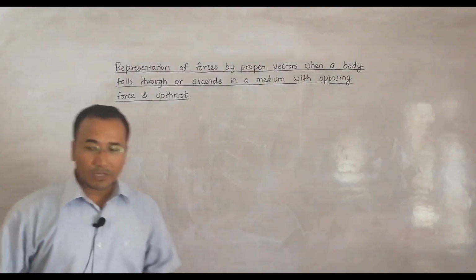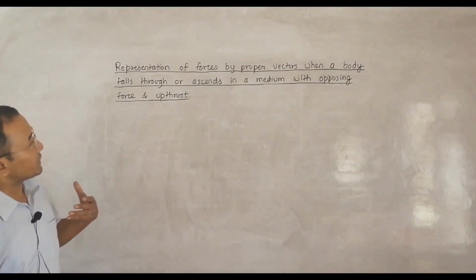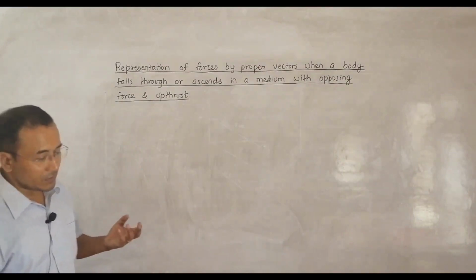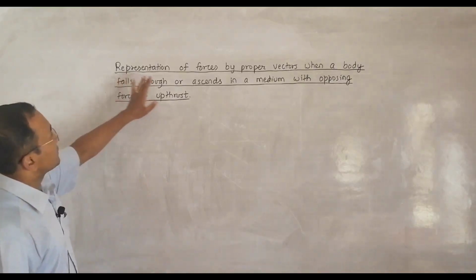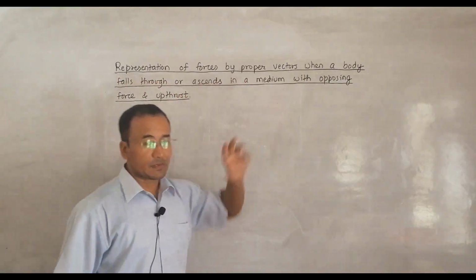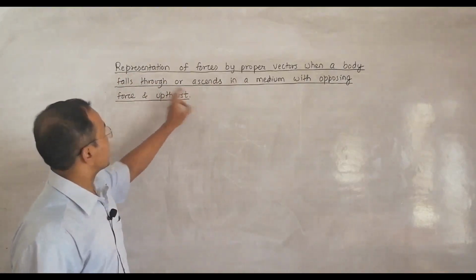Hello folks, today I'm talking on a generalized topic here. It's not specific to any faculty or any board like that. So the topic reads: representation of forces by proper vectors. Vectors means arrows. Arrows when a body falls through or ascends